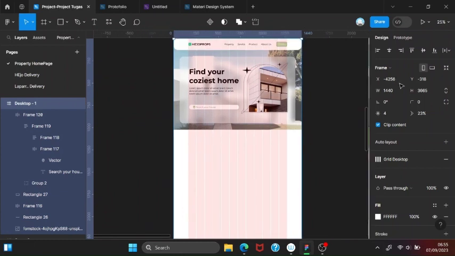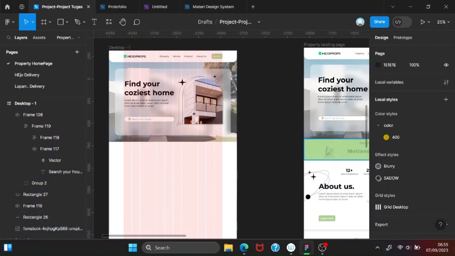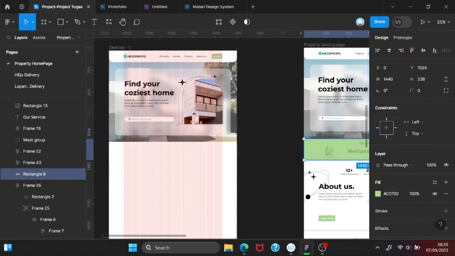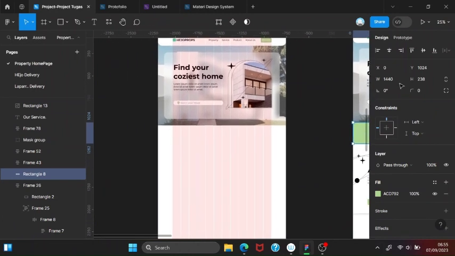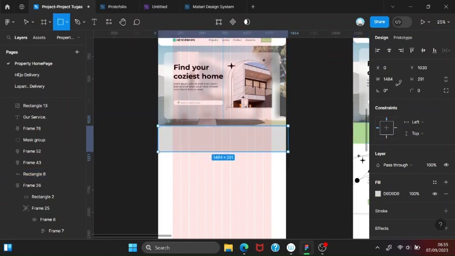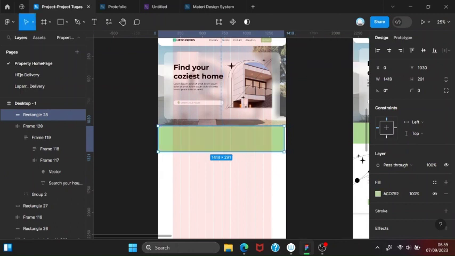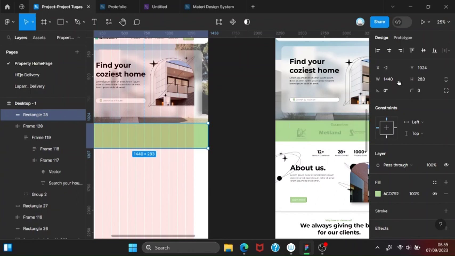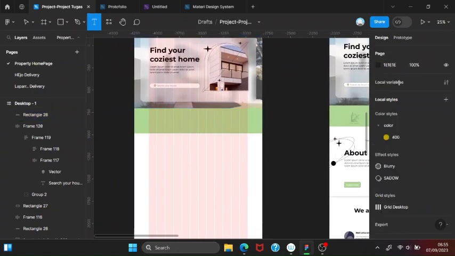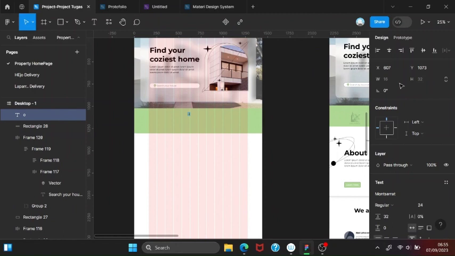So let's make a rectangle, and the height is 238. Make the rectangle, and then set the color to green, and adjust the height. Okay, and just type our partner, our partner. Okay,